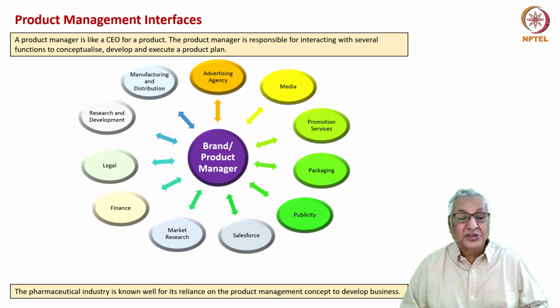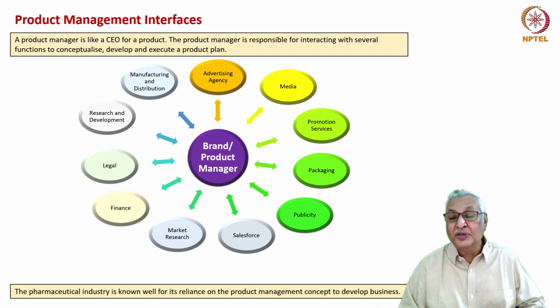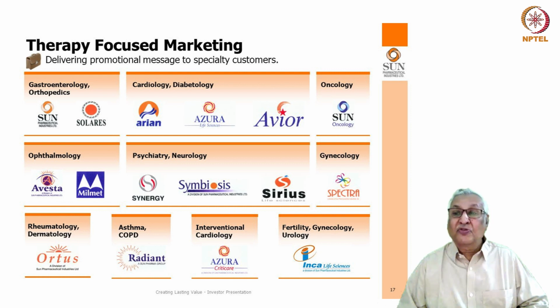The pharmaceutical industry is well known for its reliance on the product management concept to develop business. Sun Pharma, as I mentioned, is a therapy focused company, and it has conducted therapy focused marketing, delivering promotional messages to specialty customers. At the core of such brand management has been to create divisions with distinctive names to handle different therapeutic specialties. Thus, Sun has Solaris for gastroenterology and orthopedics, different divisions of Arian, Azura, and Avia for cardiology and diabetology,